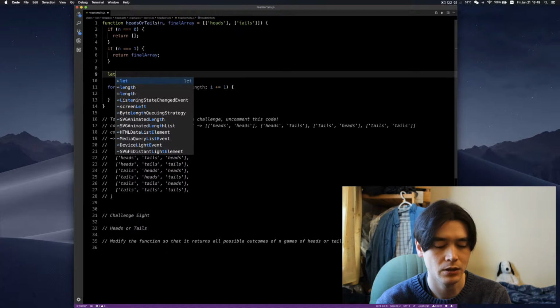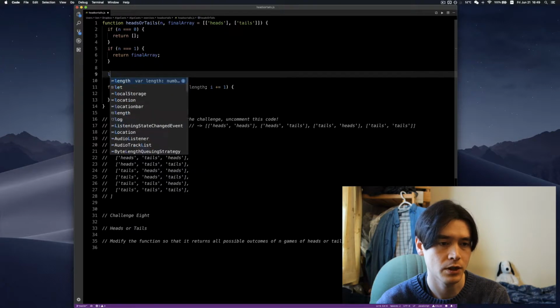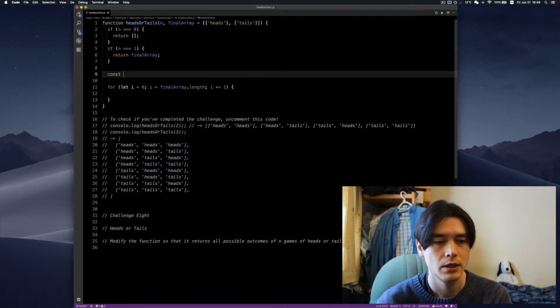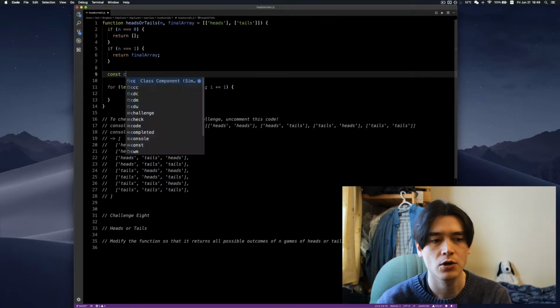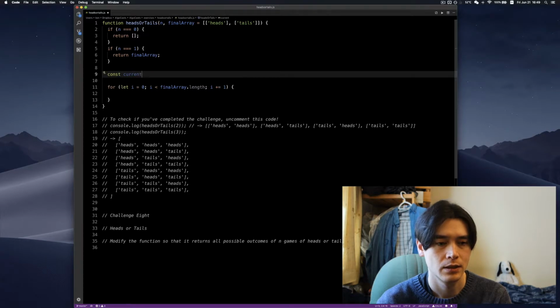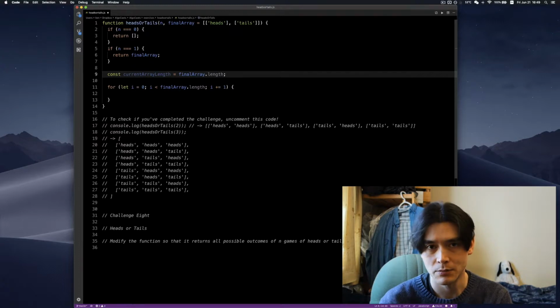Not a constant, and let me just think about that for a second. Can we make it a constant? I believe we can. Let's do const, let's say currentArrayLength equals finalArray.length. So when that gets updated, this value will not be updated because it's not an array, first of all,